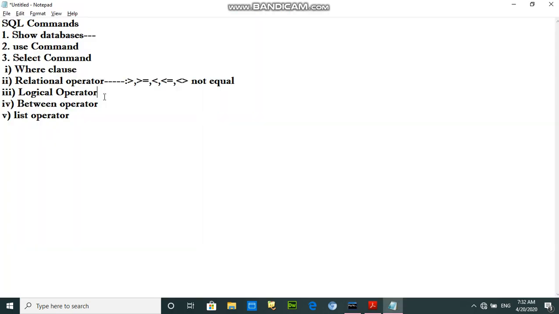And student, next operator is logical operator. By using logical operator we can combine more than one relational condition. In the logical operator we can use AND operator, OR operator and NOT operator. And what is the use of AND operator? Student, this operator gives the final result true if all conditions are true. Otherwise, it will give false value. For example,